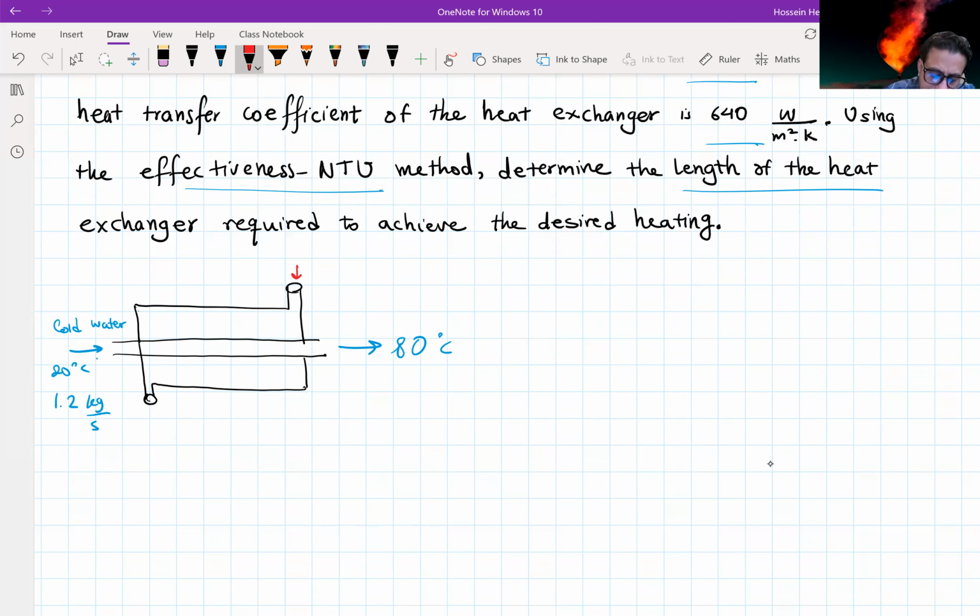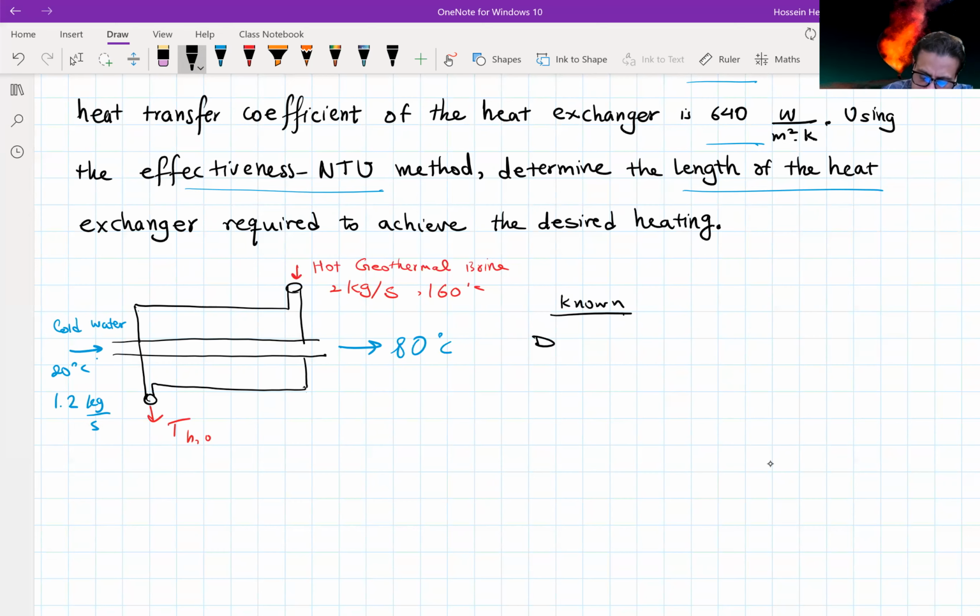This is the hot geothermal brine, which is water, and it comes with a rate of 2 kg per second and 160 degrees C, and it goes out. We don't have the temperature of outlet. Okay, so these are really what we know for this problem. I don't want to really write down the temperatures here. The other things that we know,